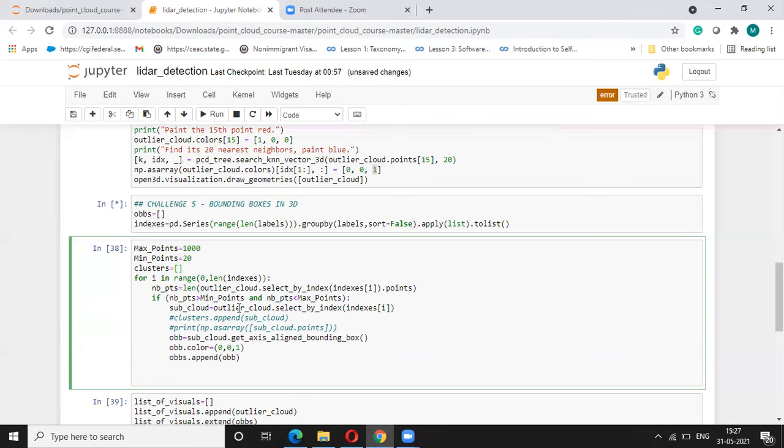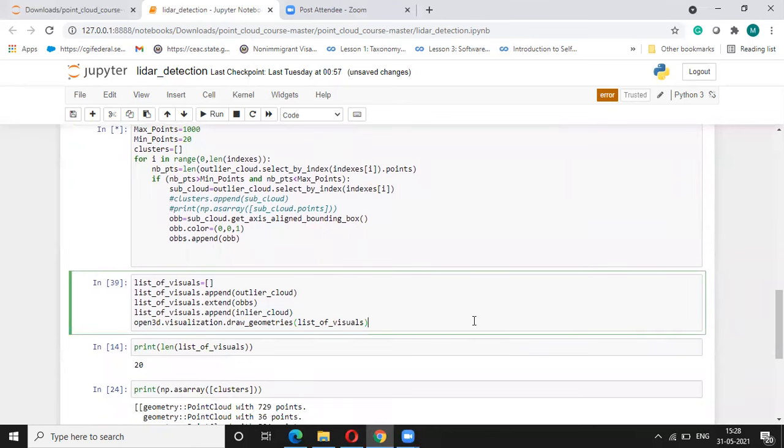If it's within that range, then it creates a sub cloud and stores it. For that particular sub cloud, we run the PCA and get a bounding box. We color it blue, and we append this OBB to the OBBs variable. Okay, so I'm going to run this.